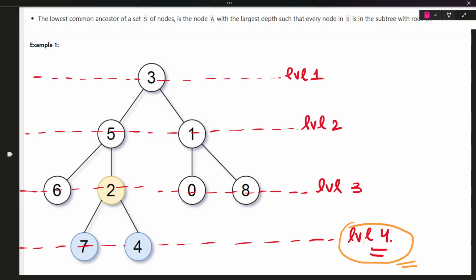Right? So we have nodes 7 and 4. What is the lowest common ancestor of 7 and 4? It is 2, right? So the question is pretty much clear. Let me add some more points to it, then I think it will be much clearer. Suppose there is a node 10 here,